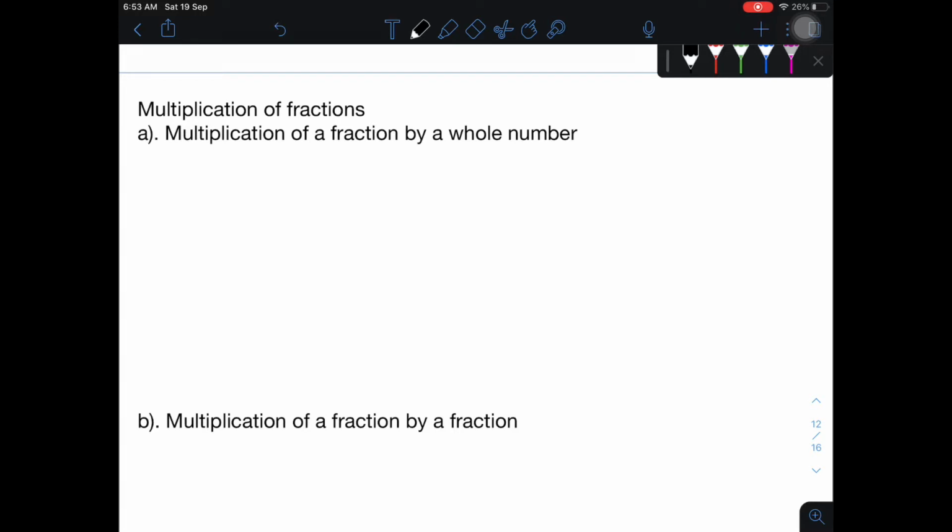In today's class, we are going to study multiplication of fractions, division of fractions, and conversion of fractions from percentage